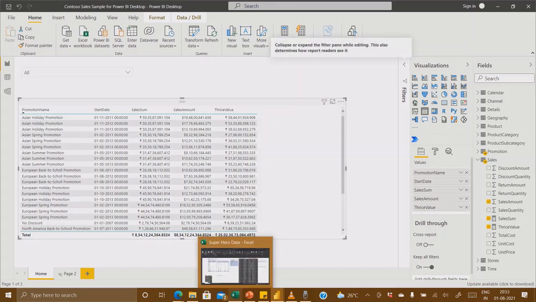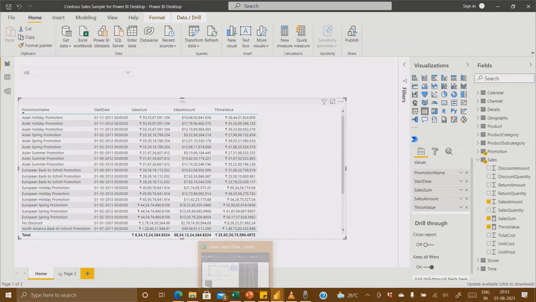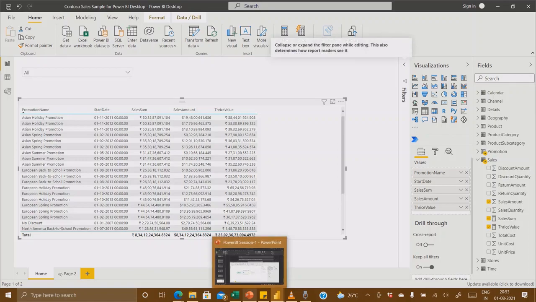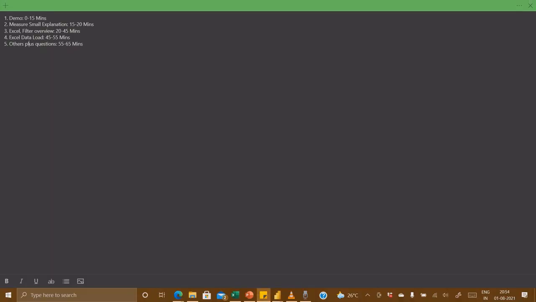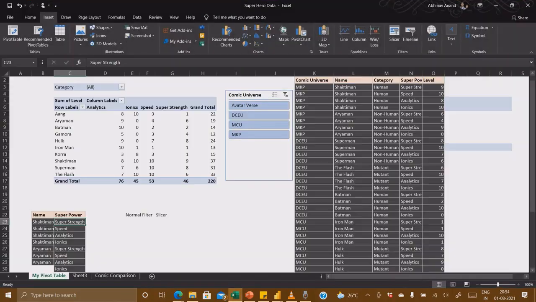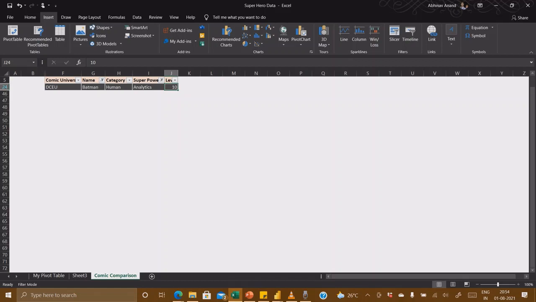The other thing left to be discussed today is context transition. I won't go into that today, because that will be more confusing, more data, more knowledge. So we will take it up maybe in the next session, or maybe after some hands-on experience with this. I have a few minutes left, so I will quickly show you how to load Excel data. Okay, because that is important. I haven't shown you till now how to load data. So let it be there.